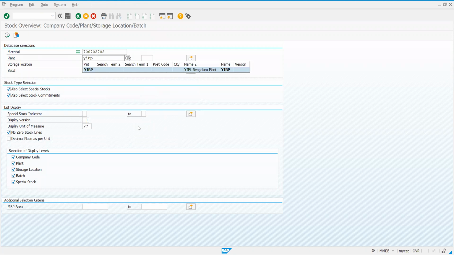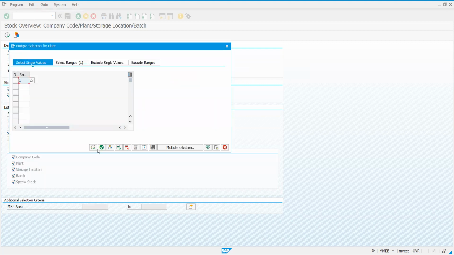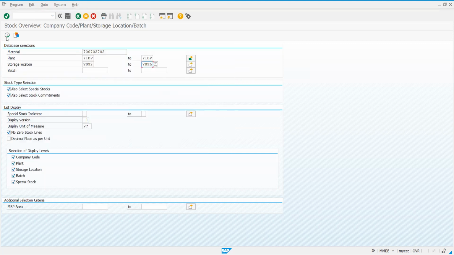Okay, I'll just take multiple selection instead of this. B2. I'll go with both. YIBP. I'll execute this.